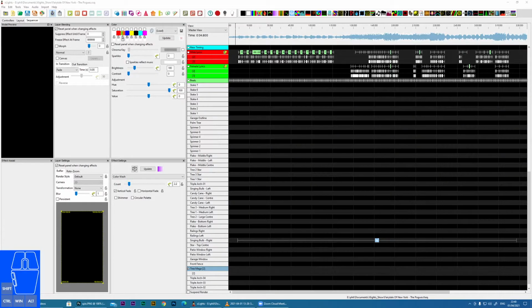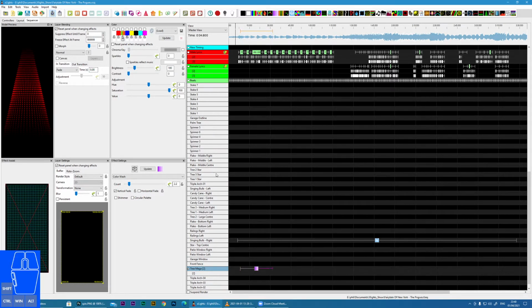In this training nugget, I'm going to cover the color wash effect within xLights. And this is the color wash icon on the menu. So let's drop that onto the mega tree. We can see the purpose of this is any colors that are selected on the color palette, the color wash